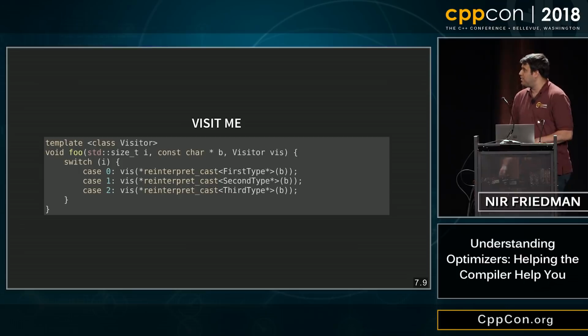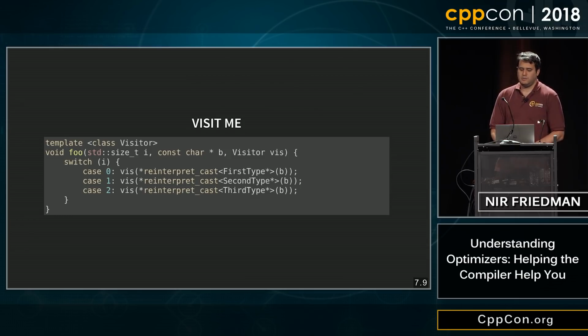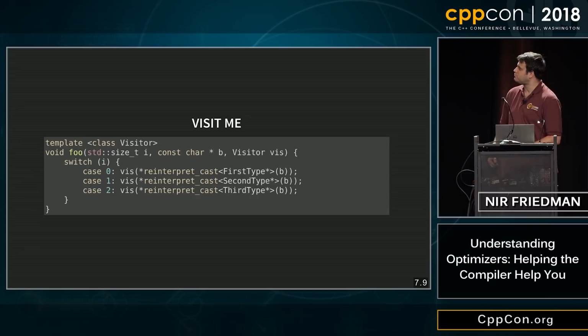Okay, so my last example, I'm going to grind through this really quick. This is related to the first example a little bit. You have the situation where you have a runtime variable telling you how to understand a certain piece of memory, right? And maybe you want to apply some function that depends on the type. So here we have a visitor, we have a runtime index, and we're calling different functions. This is great, right? There's one problem with this code. It can't be made generic, right? Switch cases cannot be generated. So how do we do this generically?